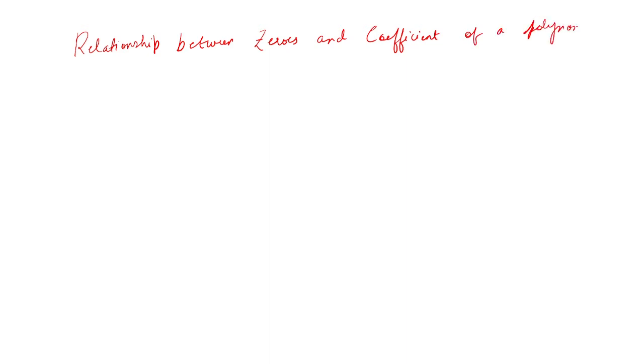add in a new topic, which is called the relationship between zeros and coefficient of a polynomial. Clear? So over this, when you really look into this, when we talk about zeros, we are talking about those